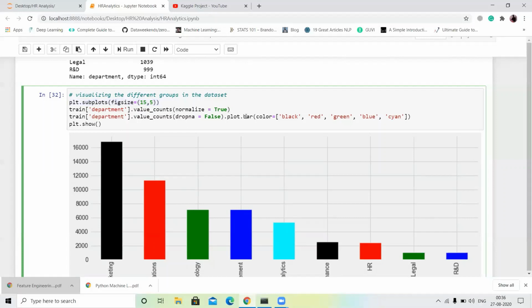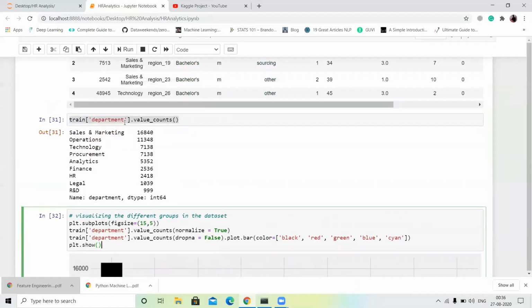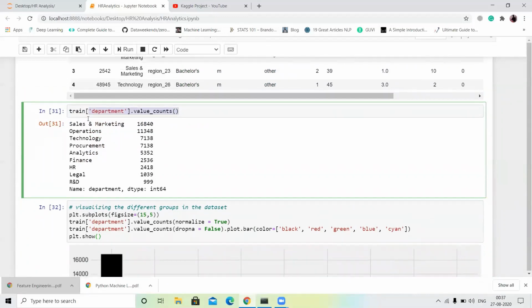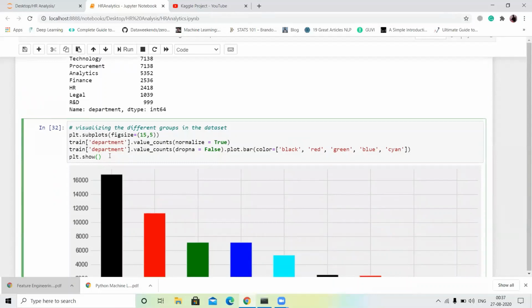In the bar plot I define colors like black, red, green, blue. I define 5 colors and call plt.show. So first I check the values of the department column, count them, and then plot the bar plot.